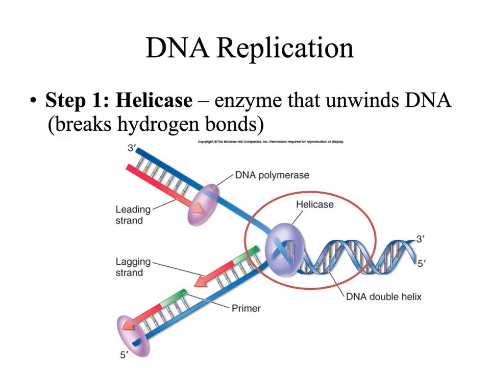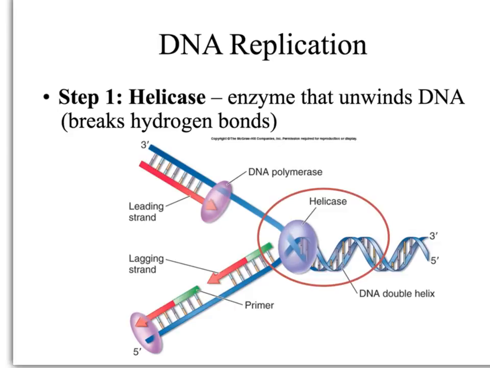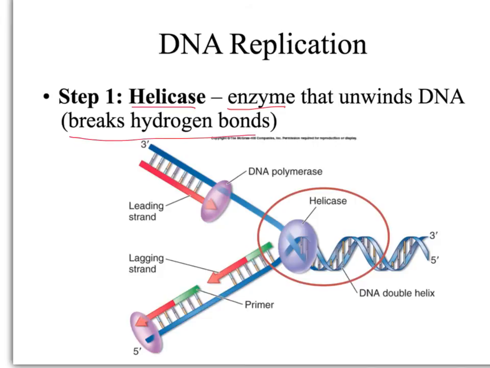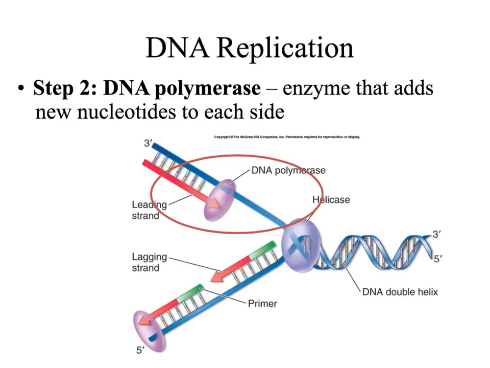Okay, so let's learn a little bit more about the actual process. So the first part of DNA replication is that DNA helicase, which is an enzyme, has to unwind the DNA or unzip the DNA, if you've ever heard of that, which basically just means it's breaking the hydrogen bonds. We can't start replicating until we've pulled those base pairs apart, and they like each other, so they're really stuck together. After that section of the DNA is pulled apart by the helicase, another enzyme, polymerase, comes in